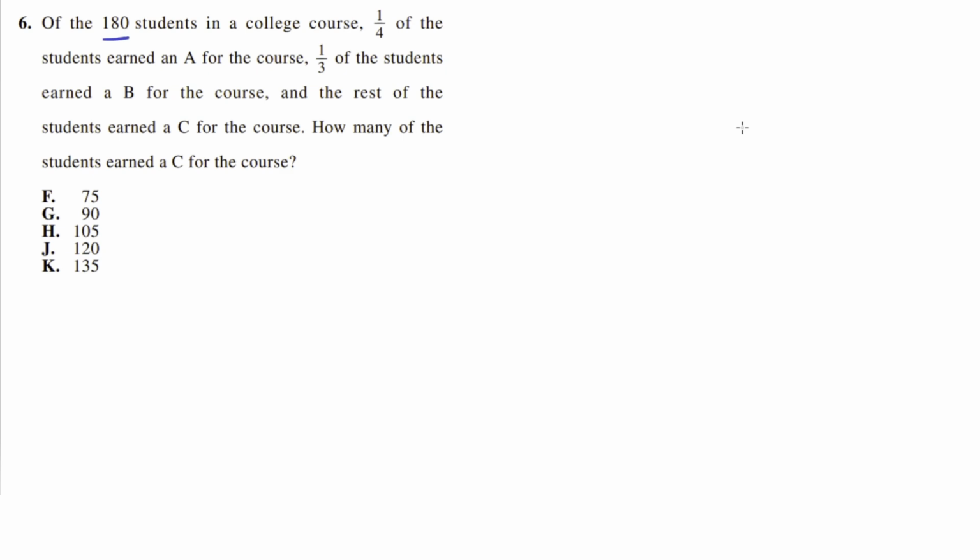Of the 180 students in a college course, 1/4 of the students earned an A, 1/3 of the students earned a B, and the rest of the students earned a C. How many of the students earned a C for the course? So we have